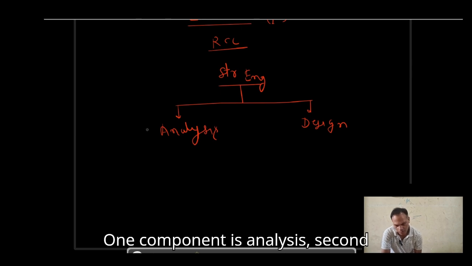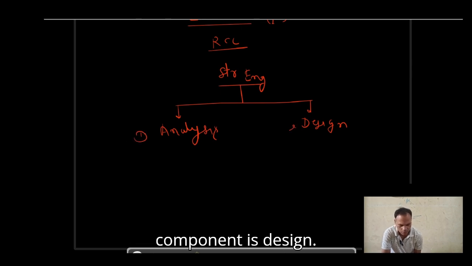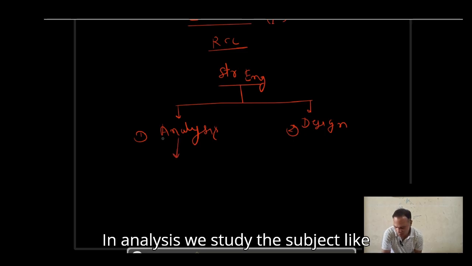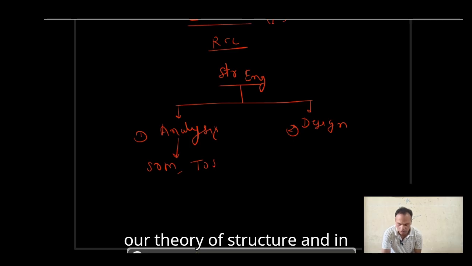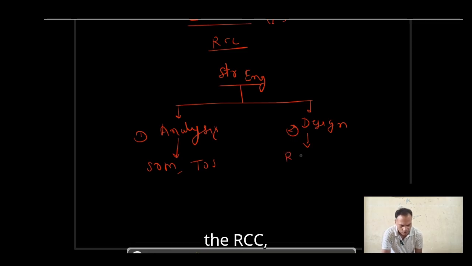One component is analysis. Second component is design. In analysis, we study the subjects like SOM, strength of material, TOS, theory of structure, and in the design component, we study the RCC,